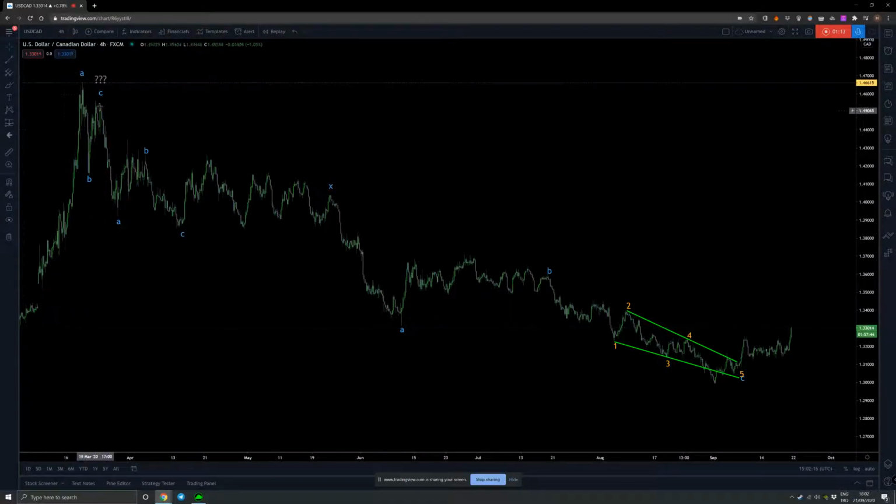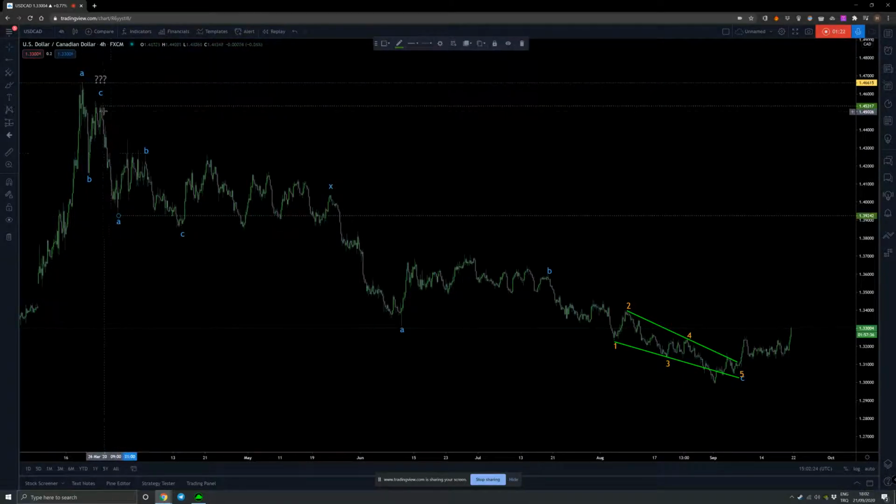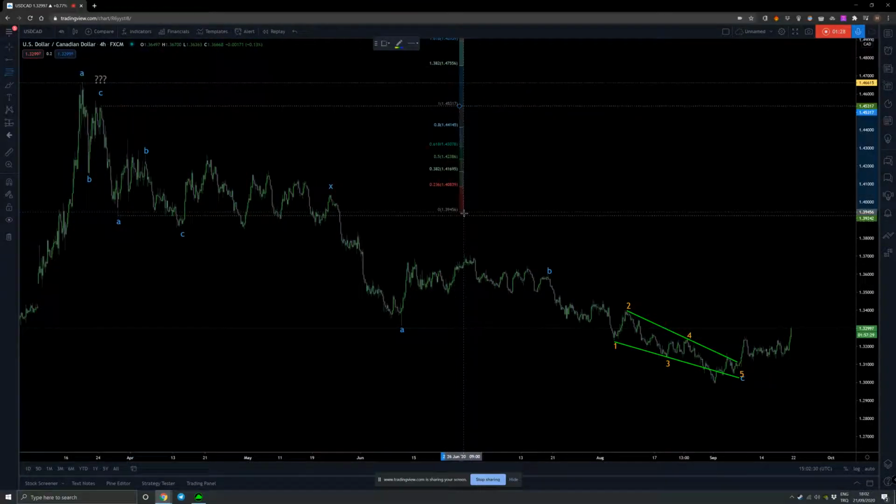Now, what I did, of course, was ABC. This, we did everything like how we do it all the time. Look at this. This is the length of wave A. So what I do is I try to determine the retracement level for B wave. As you can see, the B wave retracement finishes around 50. So then you have a C wave. After the C wave,